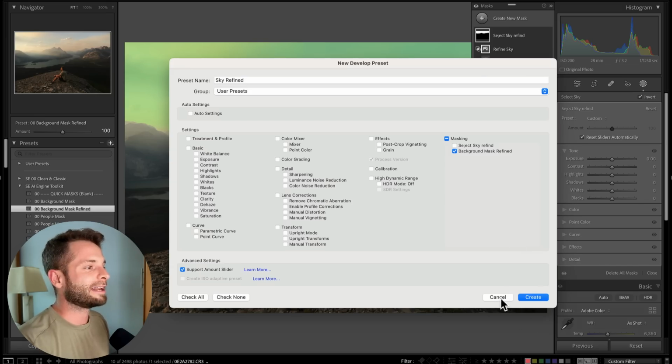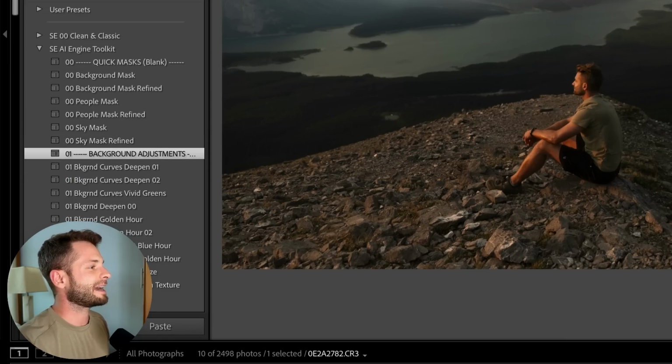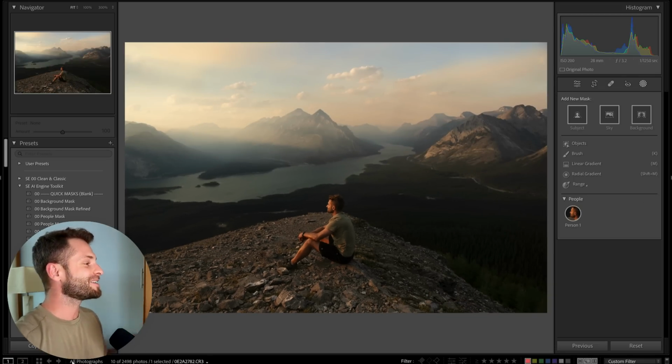But we're going to go create, and from there, you'll have access, just like me, to be able to create all of these masks with one click. And just like that, your masking game, so much better, so much more effective, and you can choose between each